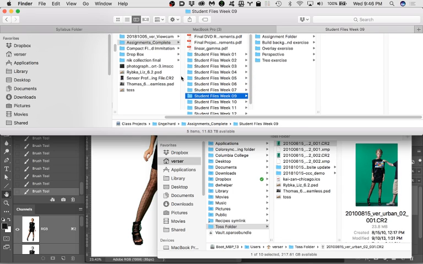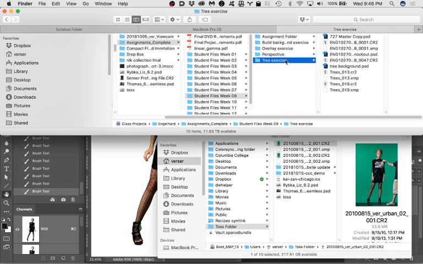Yep, go into, again, our assignment complete. Inside of there, there will be a student files week 09. And inside of that will be a tree PSD. Don't try to open it from the server. Copy that to your desktop. The tree background.psd. Bring that to your desktop, and then